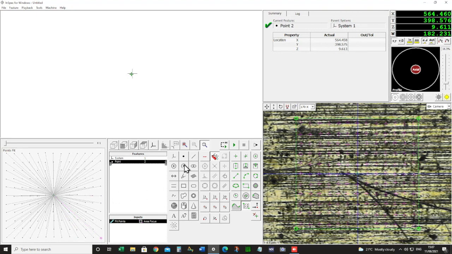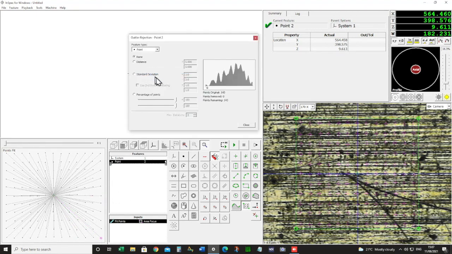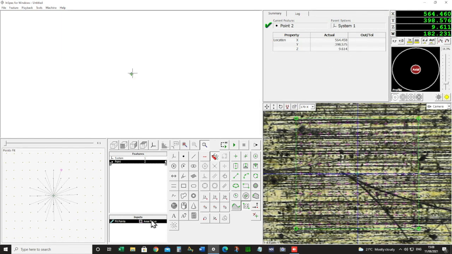Okay. So if we look at our outlier rejection on this, what you can see is this is actually the surface of the part. Okay, so what we're looking for is this top bit. Now you can do this manually or you can do it in different ways. Really speaking, we want to get one there, and basically we want to be somewhere in the middle. So probably about there would do us absolutely fine. So now we've got this set of points here, and you can see that we've just got a measurement. So if we remember that measurement of 9.614,